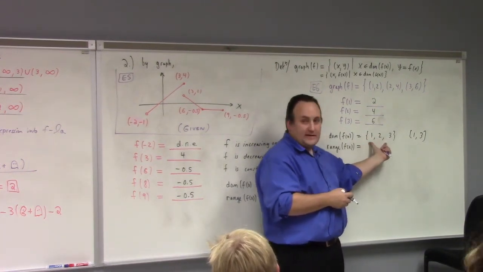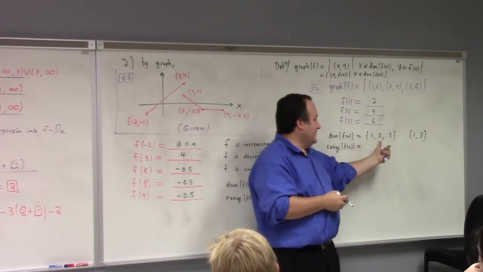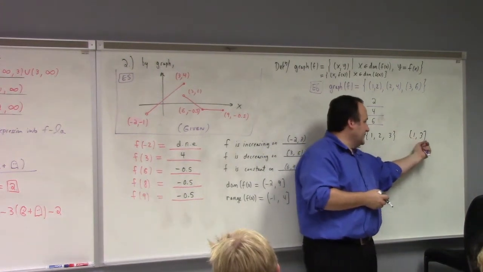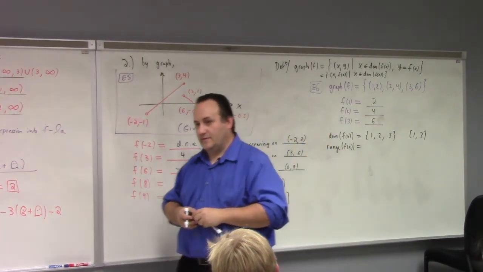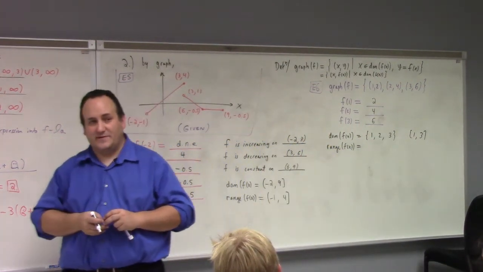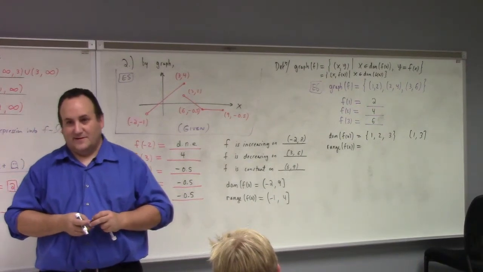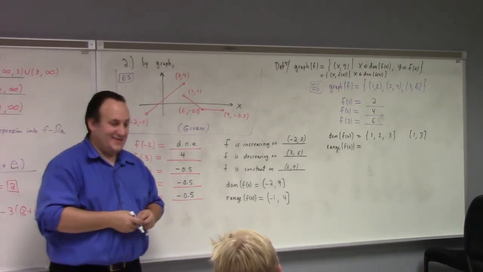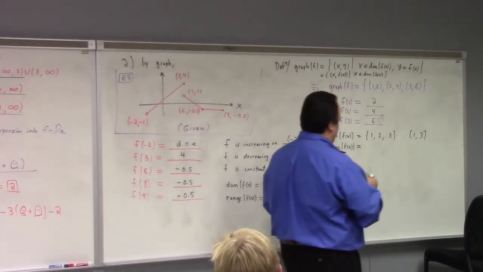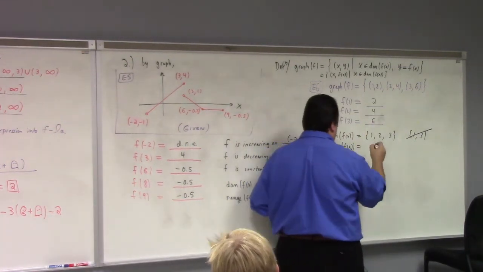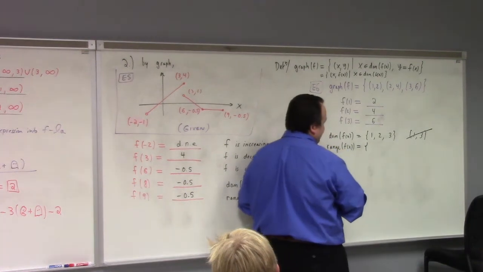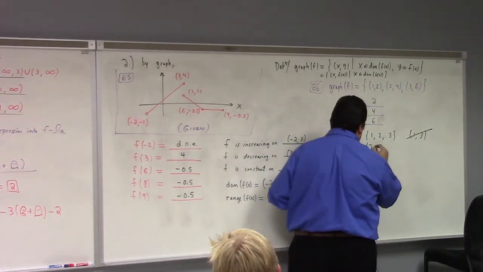This is a set just containing 3 elements, right? In contrast, this over here, how many points are in the closed interval from 1 to 3? All numbers from 1 to 3. How many numbers are between 1 and 3? A lot. Yeah, that's a good answer. Infinity, right? There's too many. So this is not the case here. Okay, so that's the domain. What's the range? 2, 4, 6. Yeah.